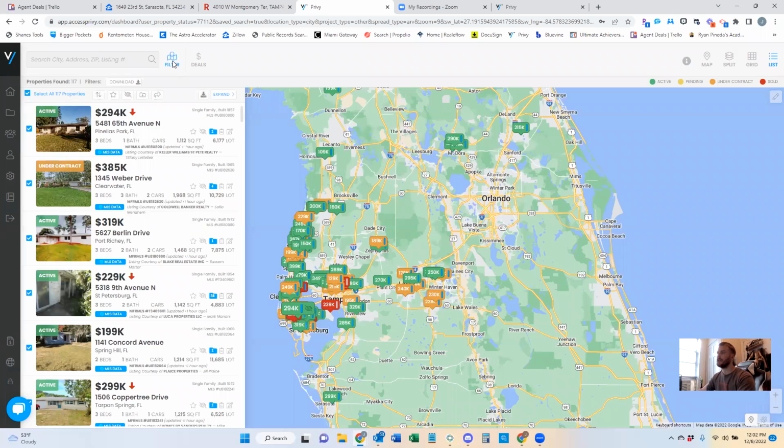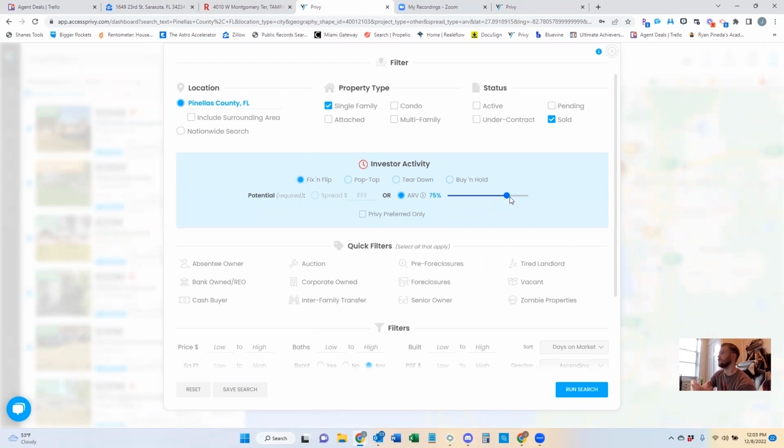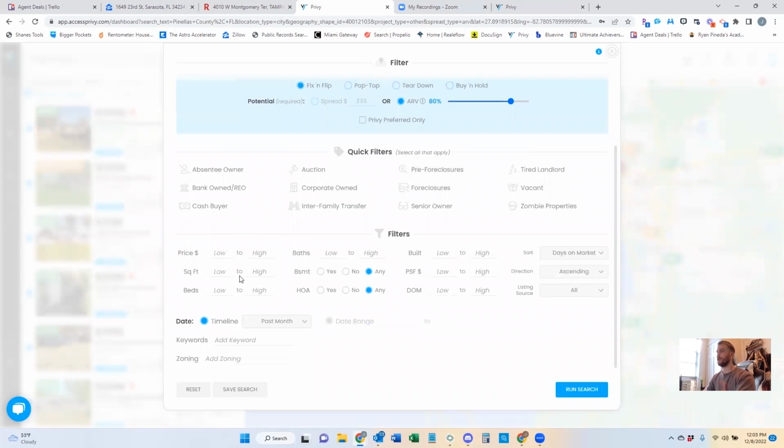One last thing I wanted to tell you is how to do market research filter. You could do, again, county, single family attached, up to you, sold, and then fix and flip. So you could choose 75%, you go up to 80%. I mean, generally, once you get to 80 plus, you're dealing with hedge funds and just retail buyers, like a husband and a wife or a family. I leave all this alone.